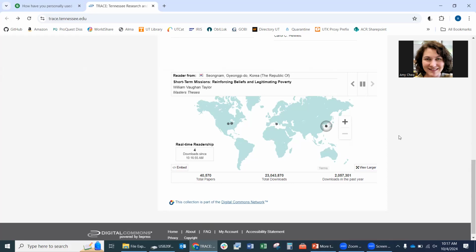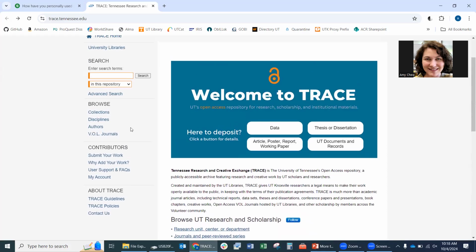So it's so easy to promote this repository at UTK because it matches with what people want to do about getting their research out there to everybody, and with the university's mission. There are really a lot of great things about using it and putting your work into it. However, I will say it can be confusing to figure out how to actually upload things. This is something people ask me about all the time, and there's nothing wrong with that because it is genuinely kind of confusing.